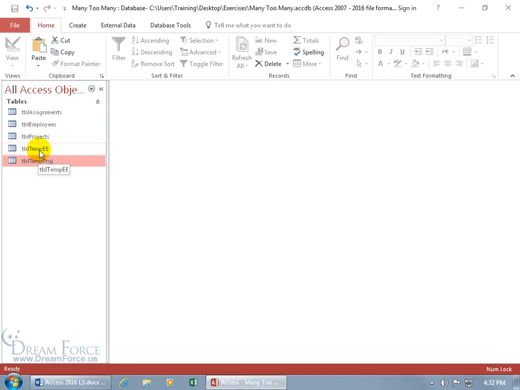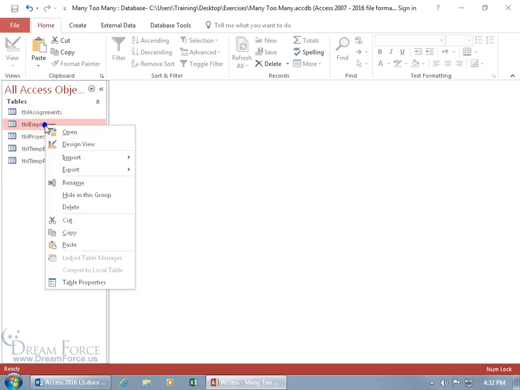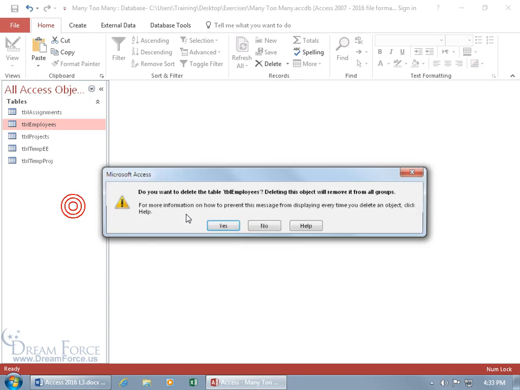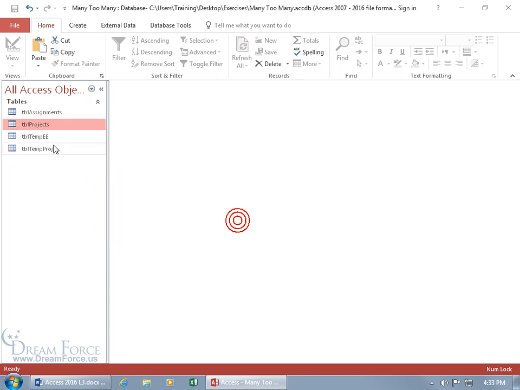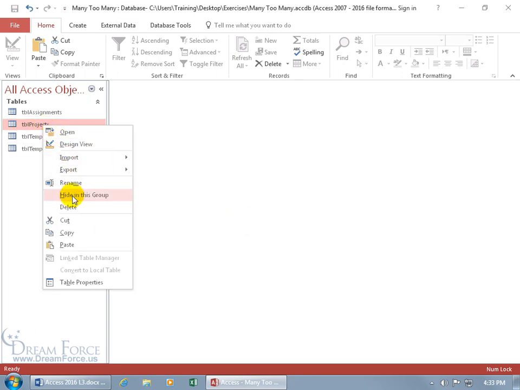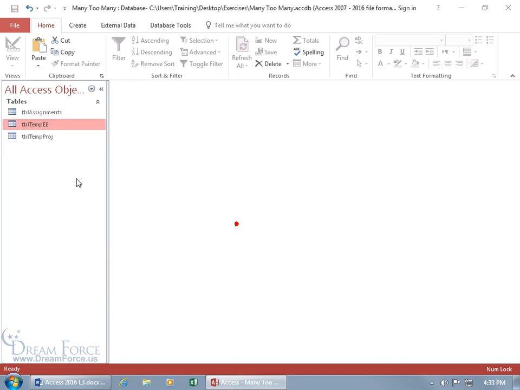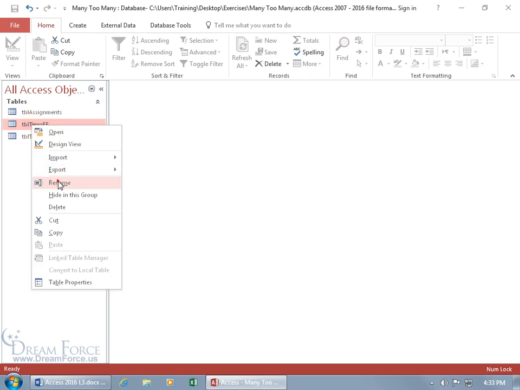So we've got the temporary tables that now are built correctly, or structured correctly, to be able to join up with the join table. So what we need to do is get rid of our old tables here and just delete them. And the projects, that's right. Because we're going with their temporaries, which, well, I don't like the word temp because now it's a permanent thing. Let's go ahead and right-click and rename them. And call this our,